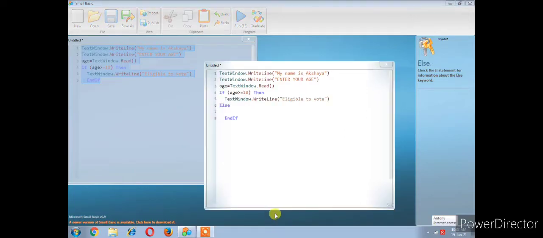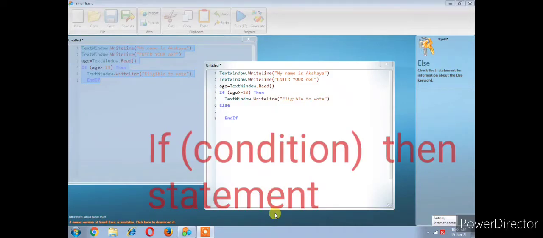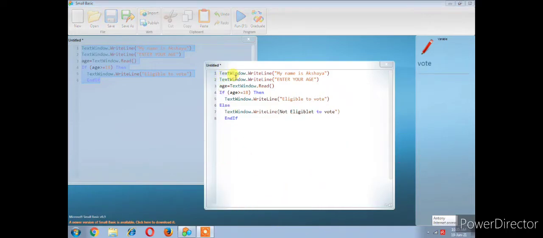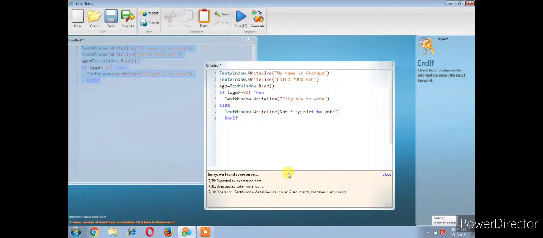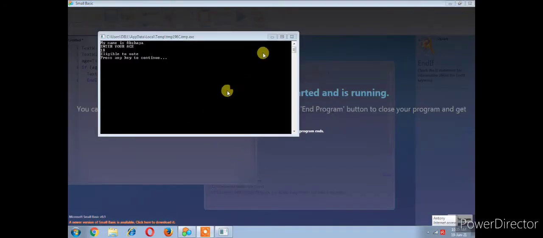There is no else part. Suppose your age is below 18, 15 or 14, you are not eligible to vote, but here there is no else part. You will get the message only if the age is greater than 18. If the condition is true, the statements will be executed. If the condition is false, it will not execute the statement. This is known as the if then statement.